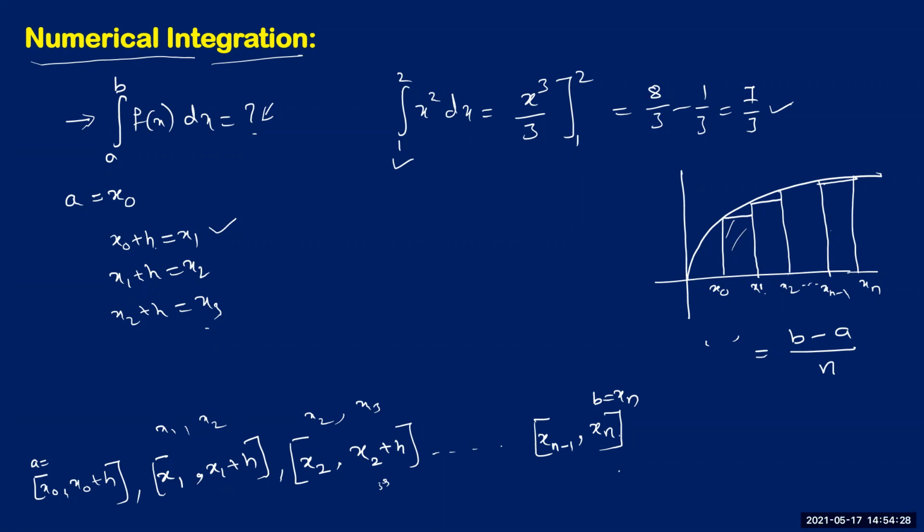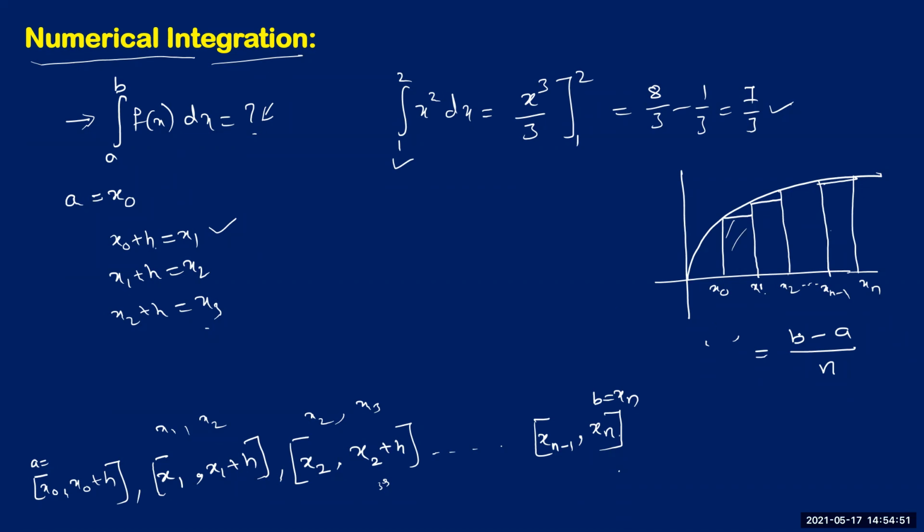Of course, we won't take only n subintervals, but we extend it. We just extend the idea of n subintervals into an infinite number of subintervals. And that's how we got this integration and all, right? Now, the basic idea is anyway to divide that into n number of subintervals and to approximate the area by different means. Now, see, this is your question.